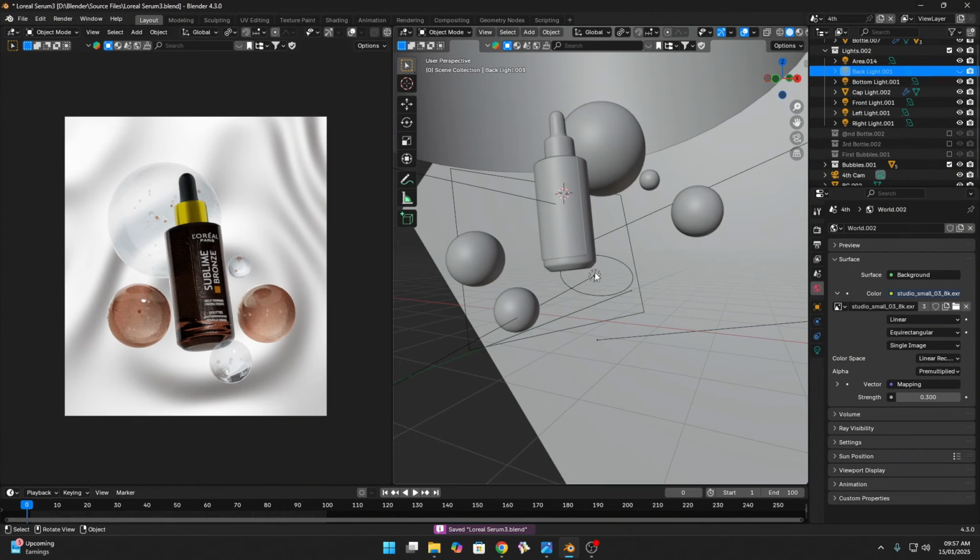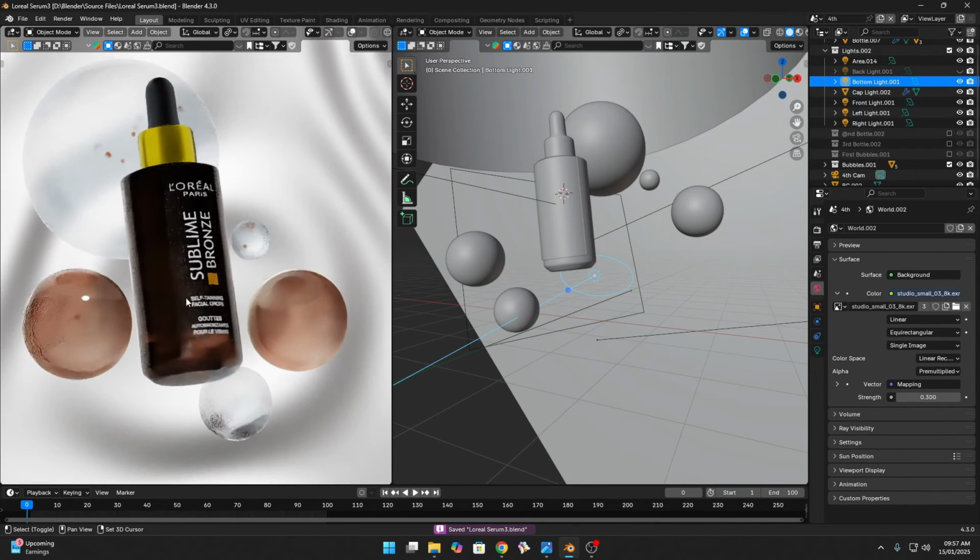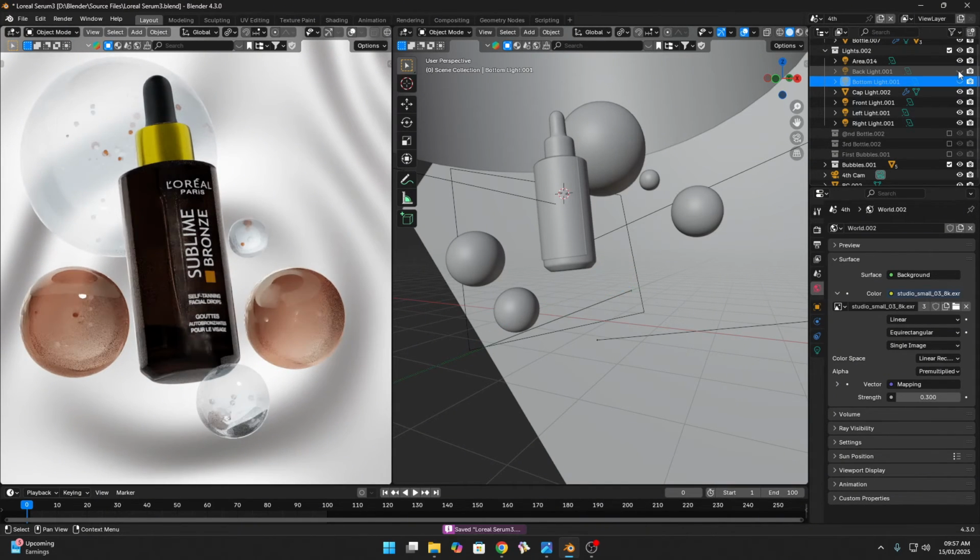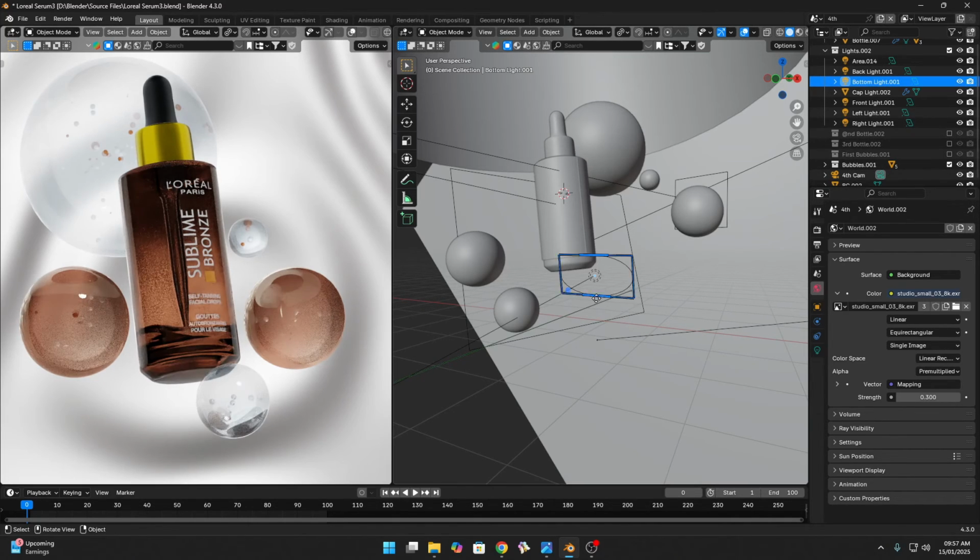And for this lower part, I put this rim light to cover the lower part of the bottle, because if I turn this off and on, this one just covers the upper part of the bottle, but the lower part is too dark. To match the vibe of this bottle, we also need some lighting here. That's why I add this rim light.